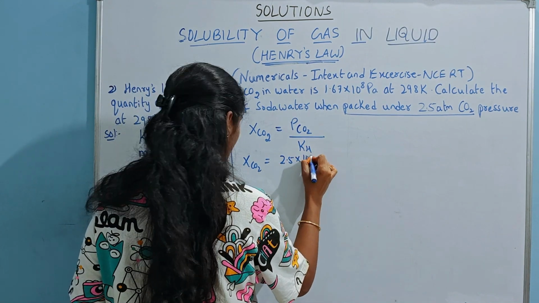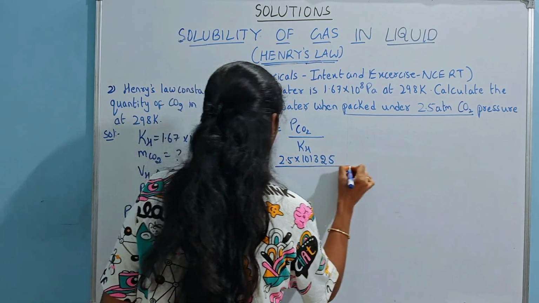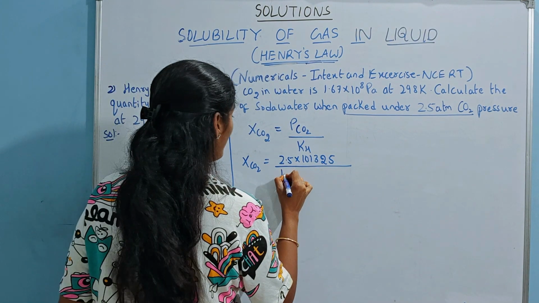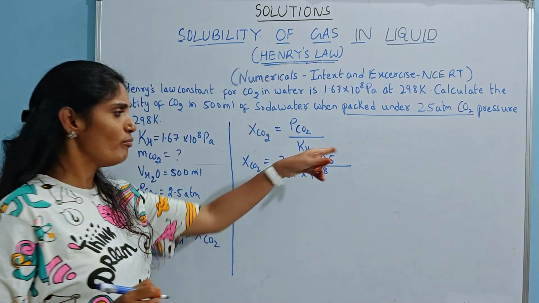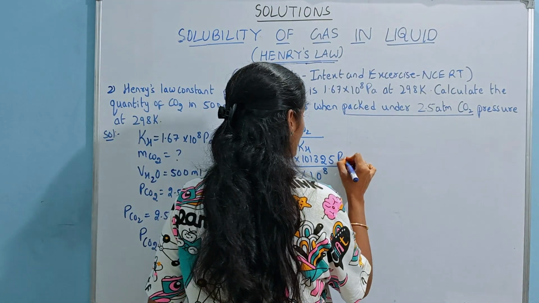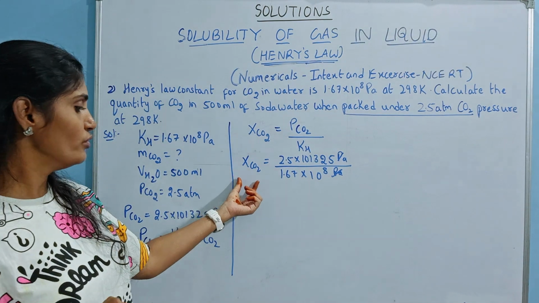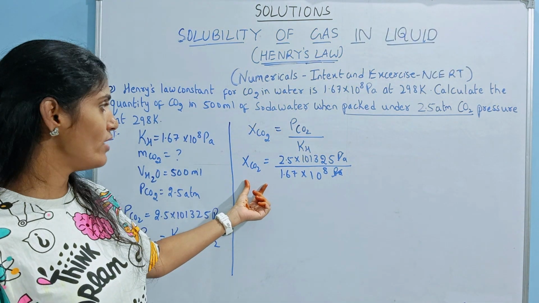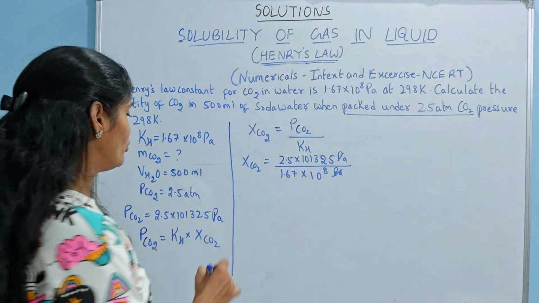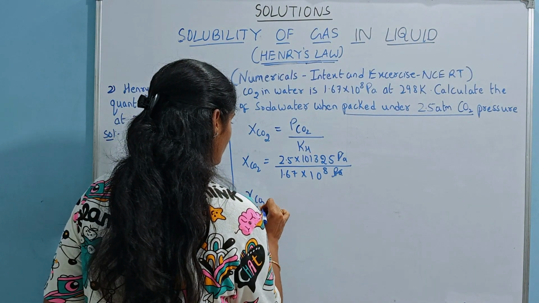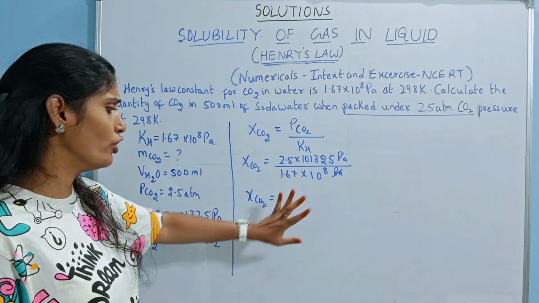What is the pressure of CO2 here? 2.5 into 101325, because we have converted atmosphere into Pascal, divided by 1.67 into 10 to the power of 8. Pascal is in the numerator and denominator, so the unit will get cancelled. This is how you can calculate the mole fraction of CO2, because you already have the pressure of carbon dioxide and Henry's constant. Now if you solve the calculation, you will